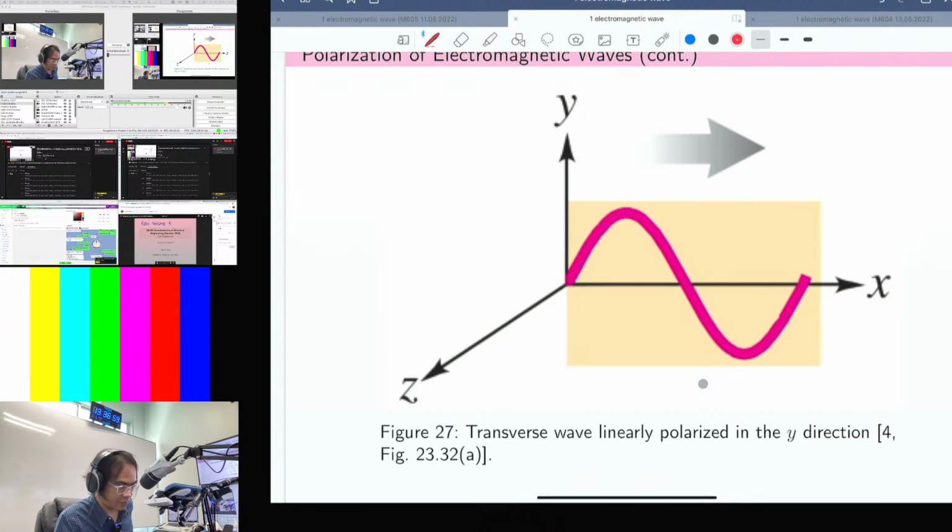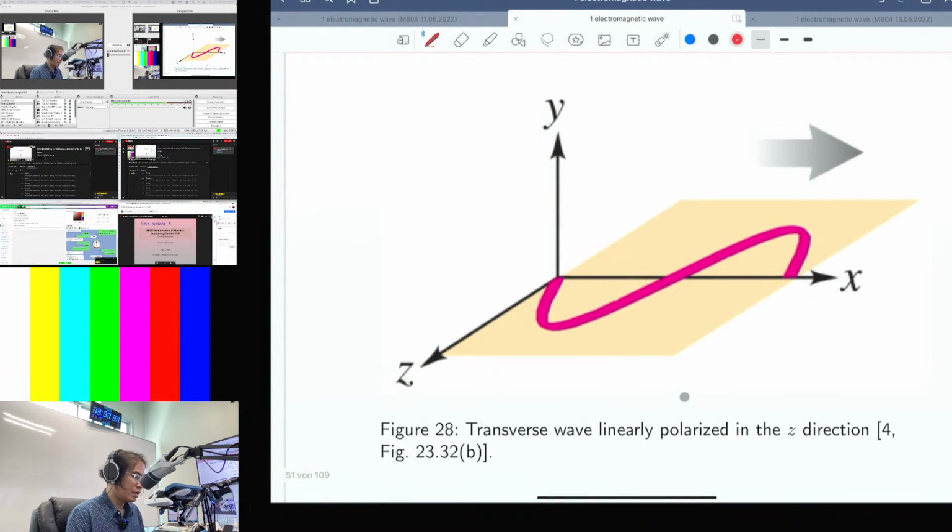Let's consider the transverse wave. It is linearly polarized in the y direction. It's going to propagate like this. It has no rotation. The oscillation just takes place only along the y-axis. It's called linearly polarized in the y direction. And this one is also linear polarization, but the oscillation takes place in